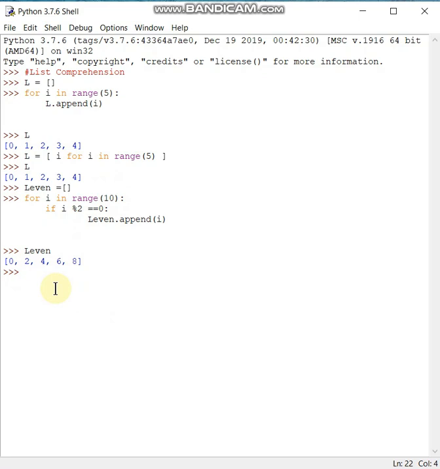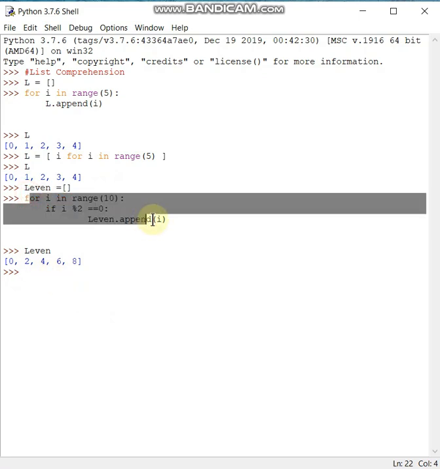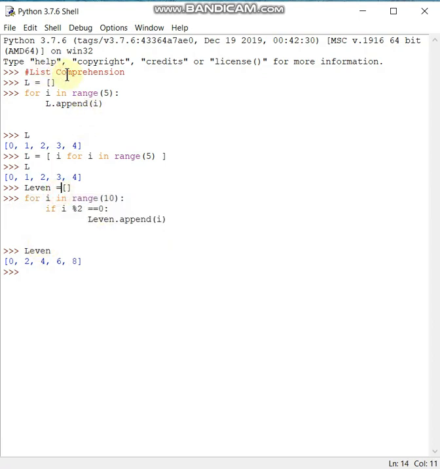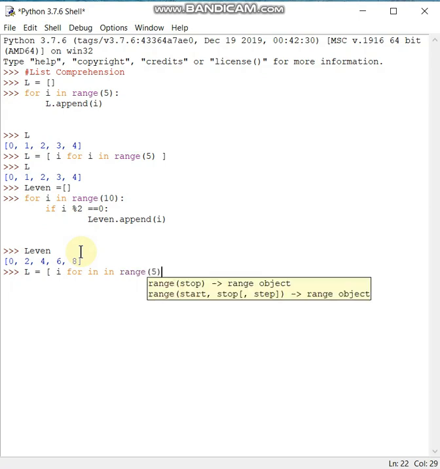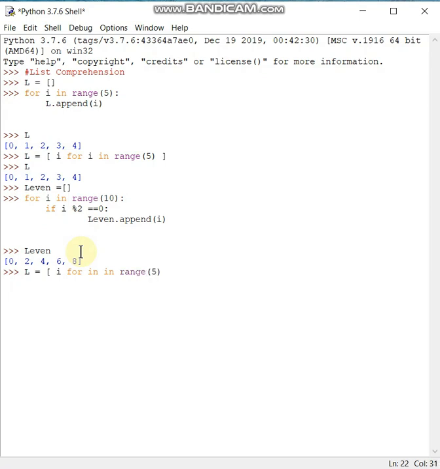Now I wanted to write the same set of statements in list comprehension form. How can we use this list comprehension technique if we have a condition along with the for loop? If we have a condition, as we have written in this case, what are we going to append? That is going to be here. And next comes the for loop, for i in range, as we have done earlier. And next comes the if condition, if i mod 2 equal to 0. Then close the bracket.